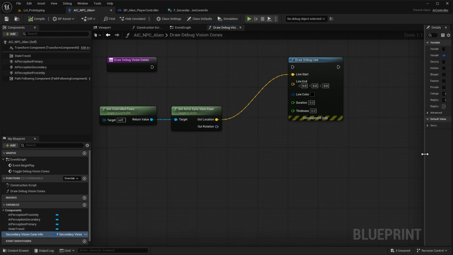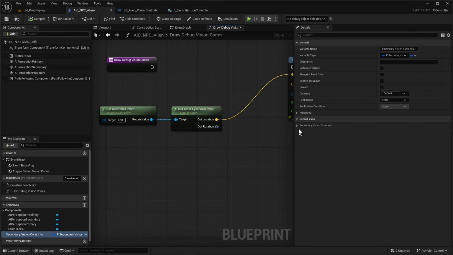And once we've compiled, we can now set our default values to what we set in our AI perception component. So the secondary vision cone angle, you'll recall we set that to a value of 50 degrees. Our secondary vision cone radius, we set to a value of 1000. Our proximity vision cone we haven't set up yet, but we will set the proximity vision cone radius to 150